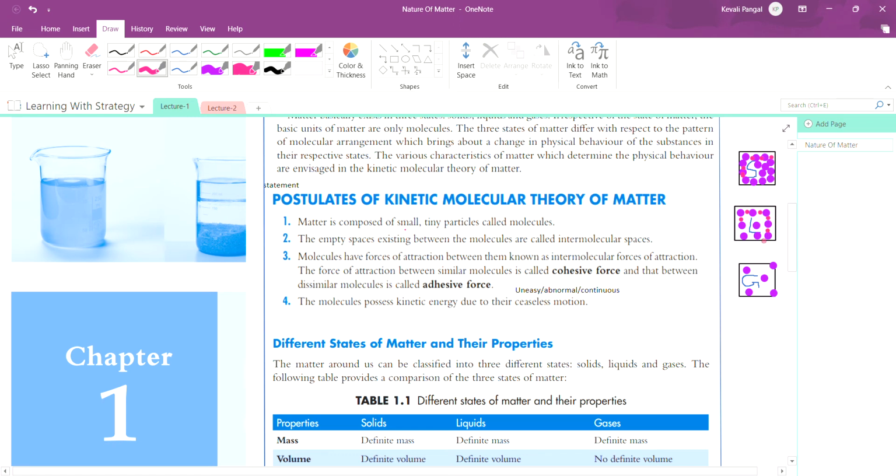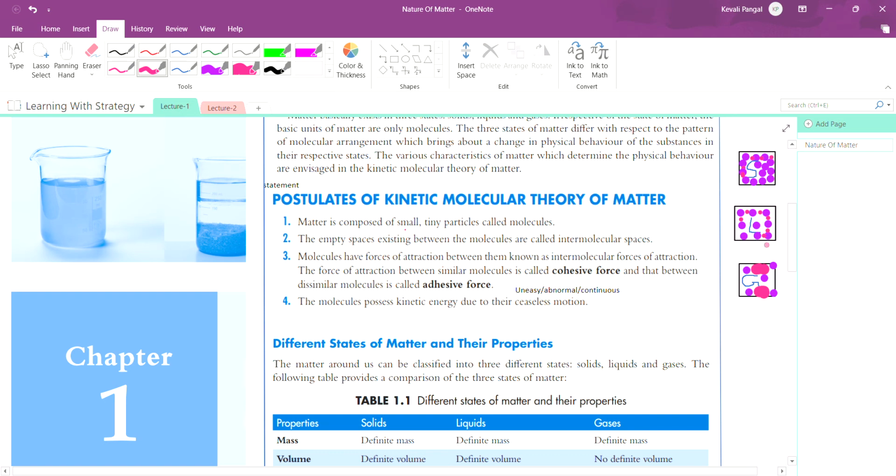And here is a very big space. You may observe, a very big space. You can see a very big space is there in the gaseous state. I'm not marking each and every space, but I'm going to show you with some example. So now what do these spaces tell us? These are the